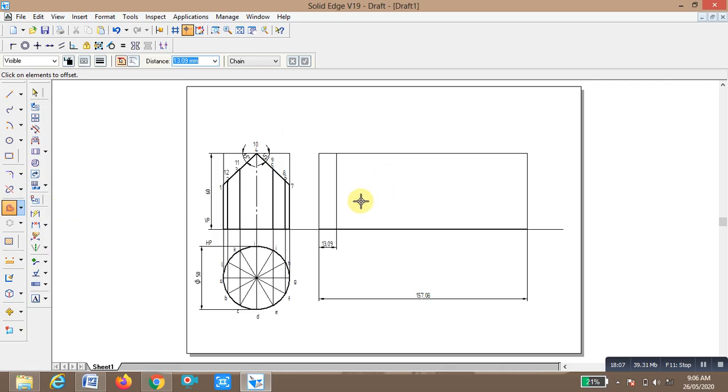I am going to offset towards the right side. Just click from each side, you get the offset distance. See here, this is the offset of the lines, equidistance.